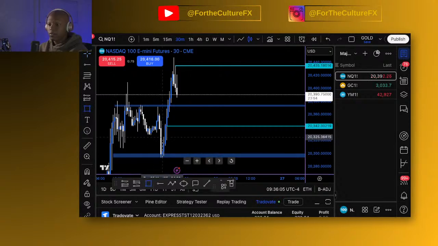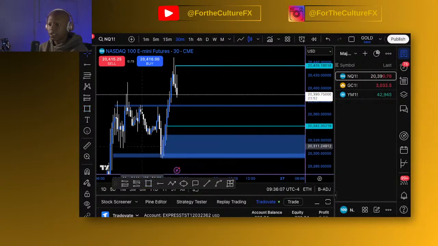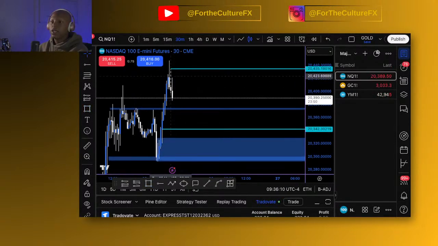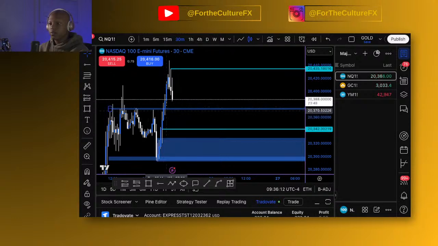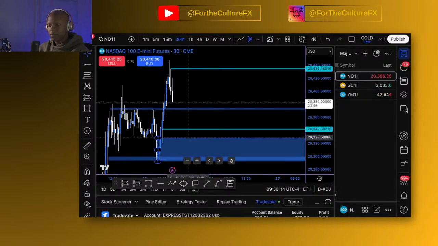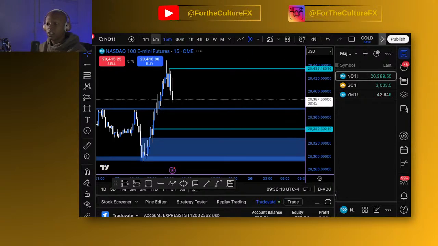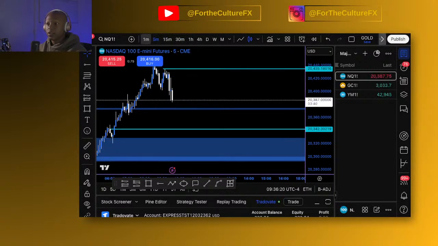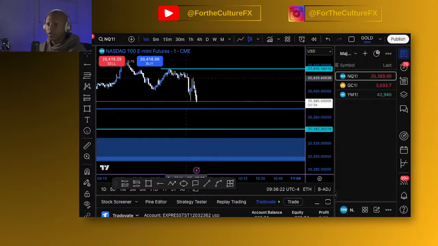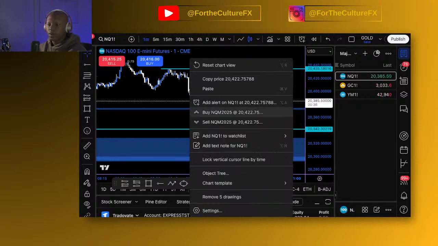I would love to see price come down back into this level, not with this current 4-hour candle, but for this 4-hour candle to close bullish, and then the next 4-hour candle to tap into this level here, and then we see a sweep and a continuation to push into the highs. You can see the lower time frame just confirming that price is still on this 1 minute time frame bearish